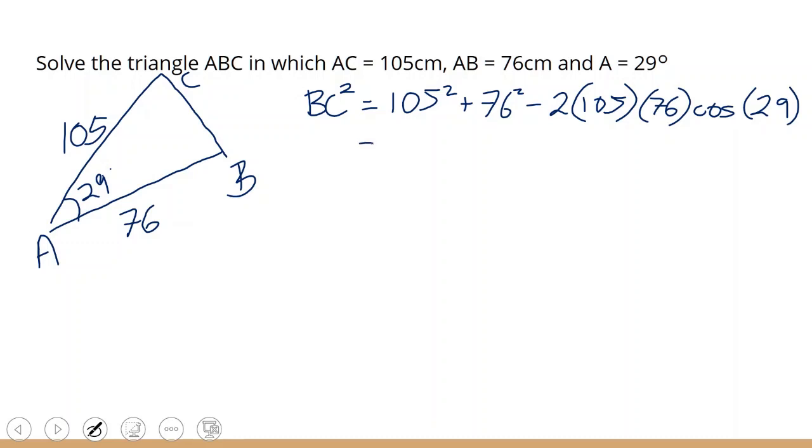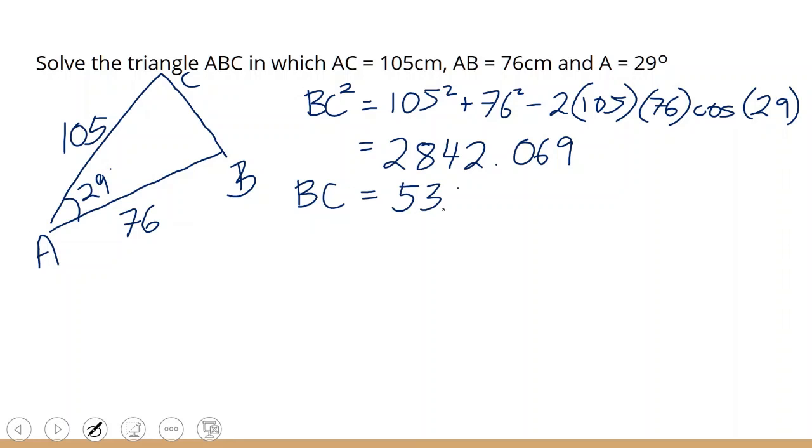Okay. So if I plug that in my calculator, I will get 2842.069. And so I'm then going to square root that number to get 53.31 as my missing length over here,